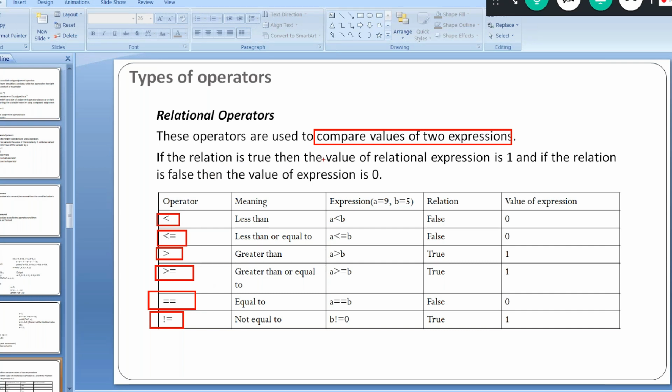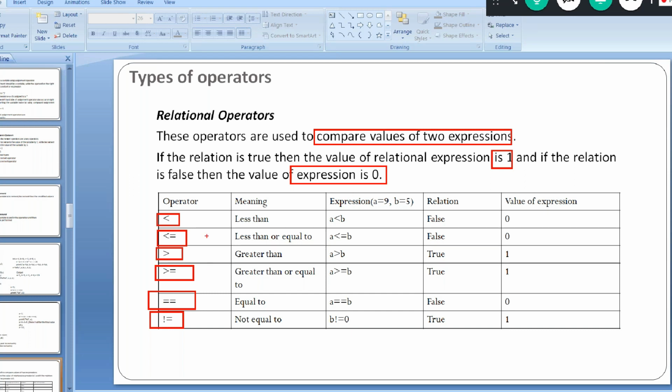So if the relation is true, then the value of the relational expression is 1. It's very important. If the relation is false, then the value of the expression is 0. So if any expression is false, it's equivalent to 0, and any non-zero value represents true.